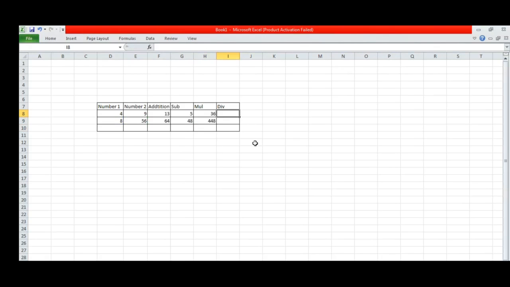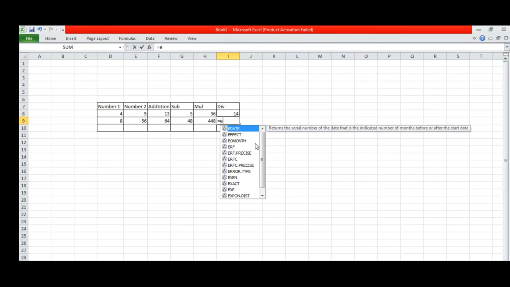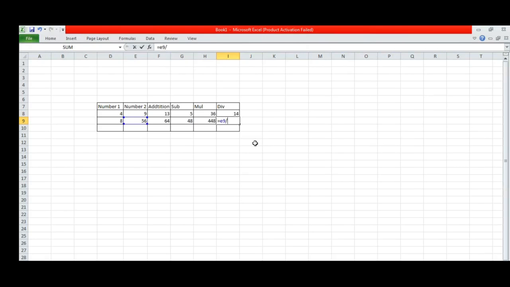This is the multiplication. And how to do the division? Again equal to E9 divided by, for the division use slash, D8. Press enter. And here E9 divided by D9.